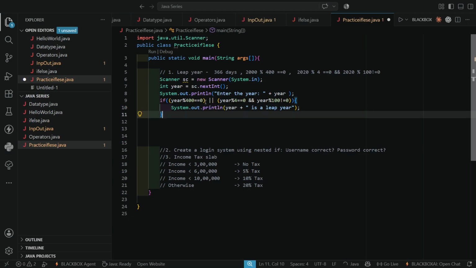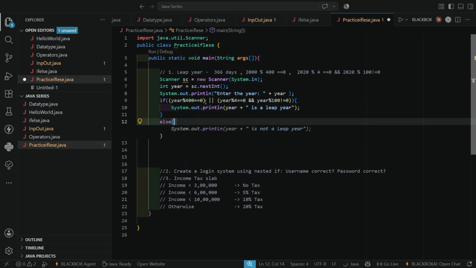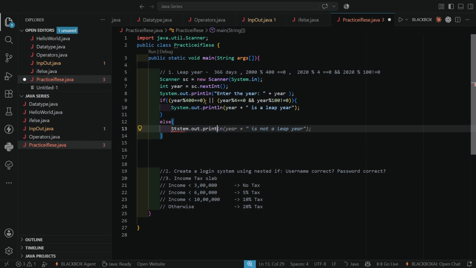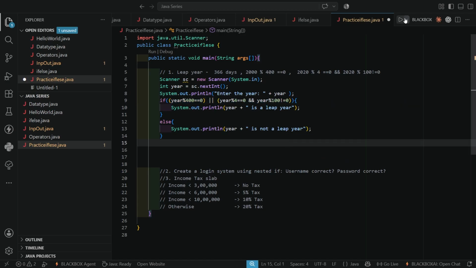This is for the if part. If it is not a leap year, then I'll create an else statement. The spelling was wrong, corrected. So this is our case. The first condition is for a century year, and the second condition is for a non-century year. Now let us run this.